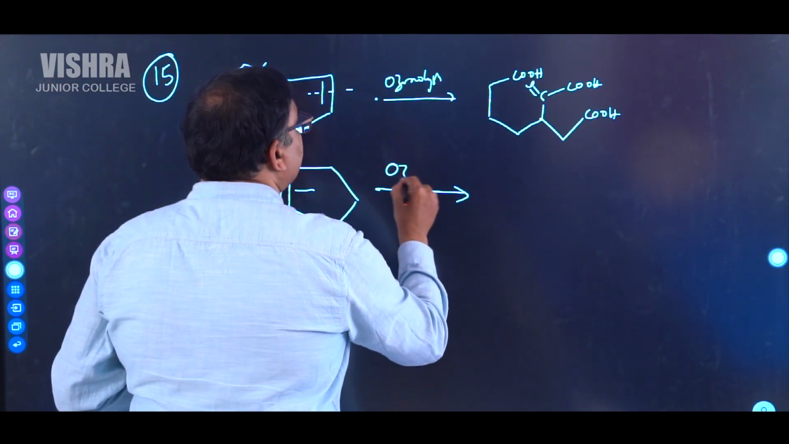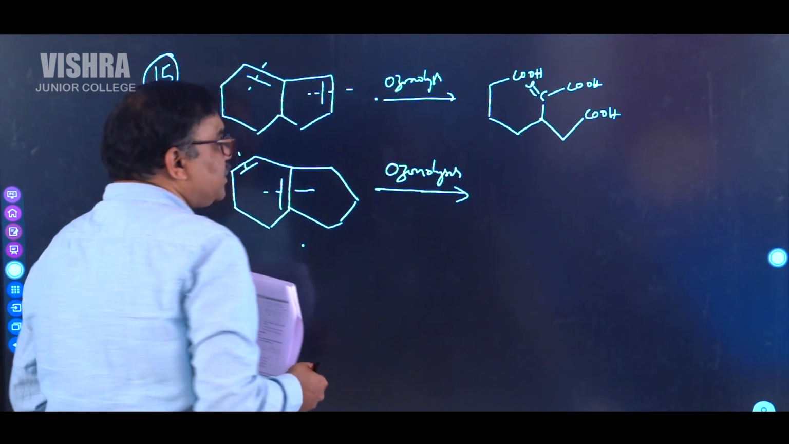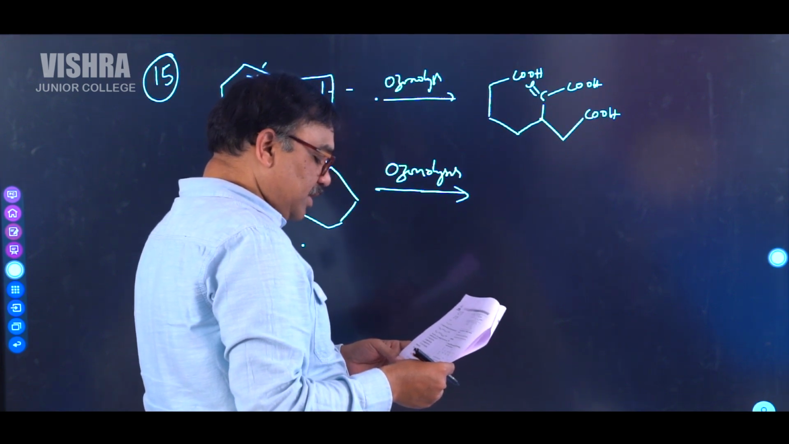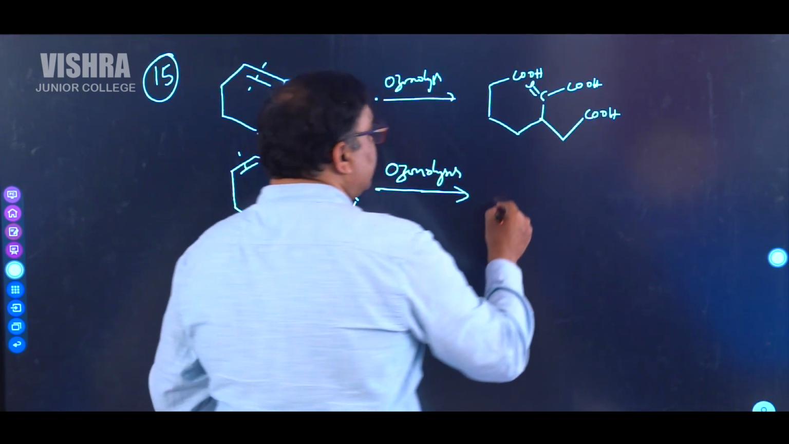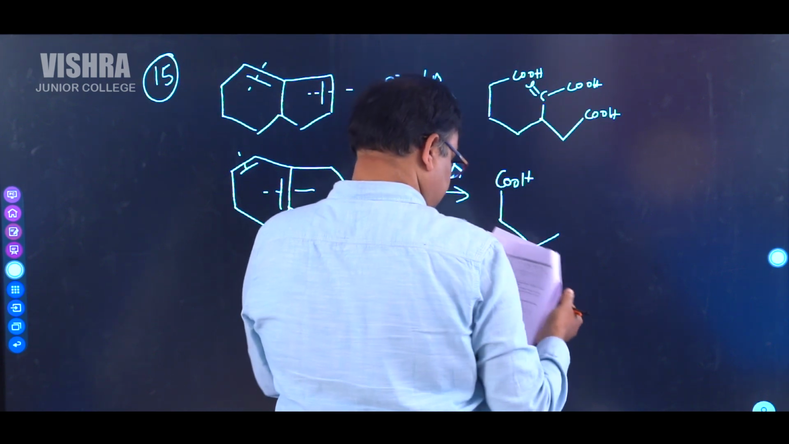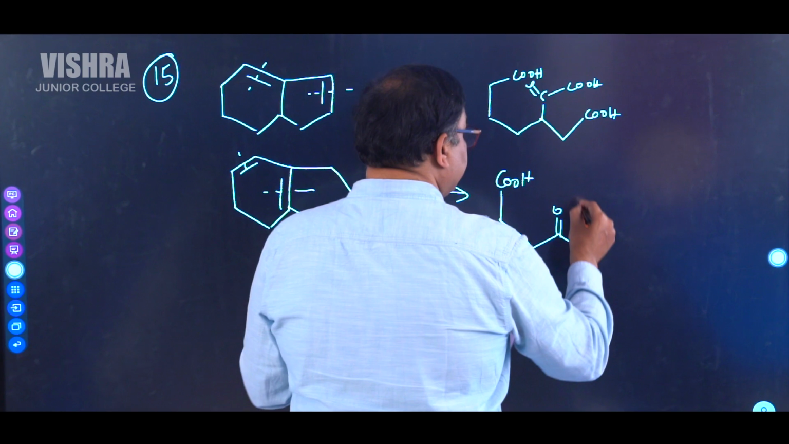Ozonolysis. The double bond breaks. What happens? It becomes oxidative ozonolysis. It becomes oxygen and COOH is obtained. This one will be reacting with this, and here double bond O, and here